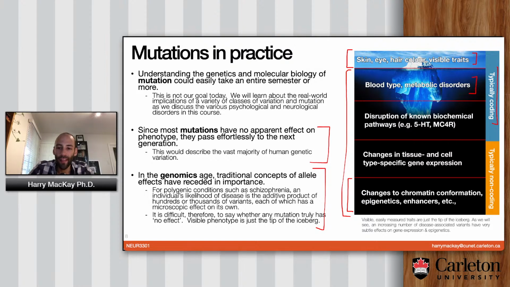And then one step below this are genetic variations that influence known biochemical pathways. Now, this is where we're getting closer to the kinds of things that people study when they're trying to figure out the genetics of mental health. So a lot of work has been done on, for example, monoamine signaling, serotonin, dopamine and norepinephrine, or melanocortin signaling, MC4R, the melanocortin 4 receptor, pro-opiomelanocortin, these kinds of things.